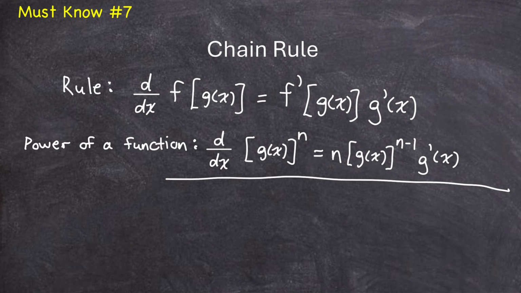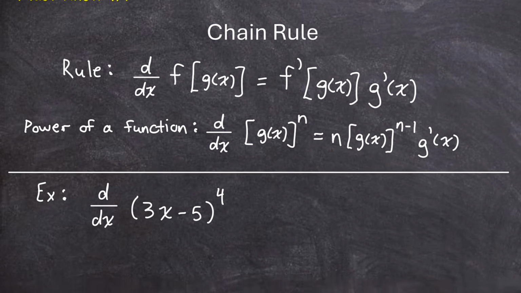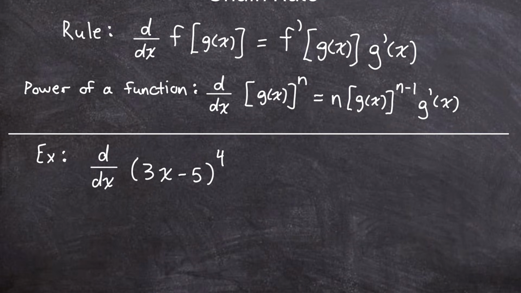And let me demonstrate this to you with an example. In this example, we're finding the derivative of a power of a function, right? The base of our power is a function of x. It's not just x. So we have to follow chain rule when using our power rule of derivatives. I would start by writing the exponent as the coefficient of my power. I would keep the base exactly as it is, and then reduce this exponent by 1,